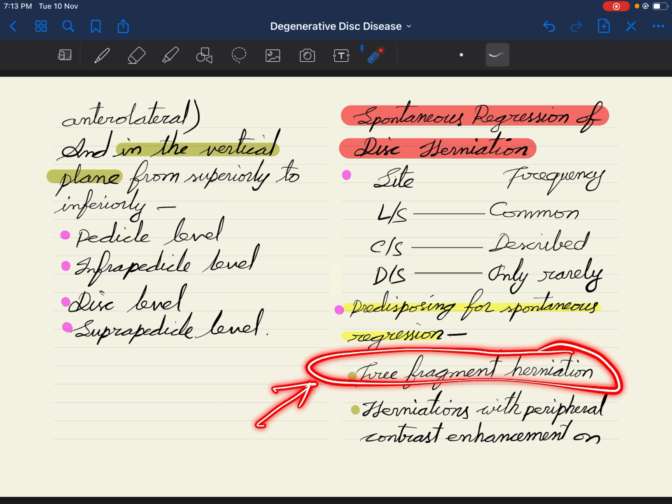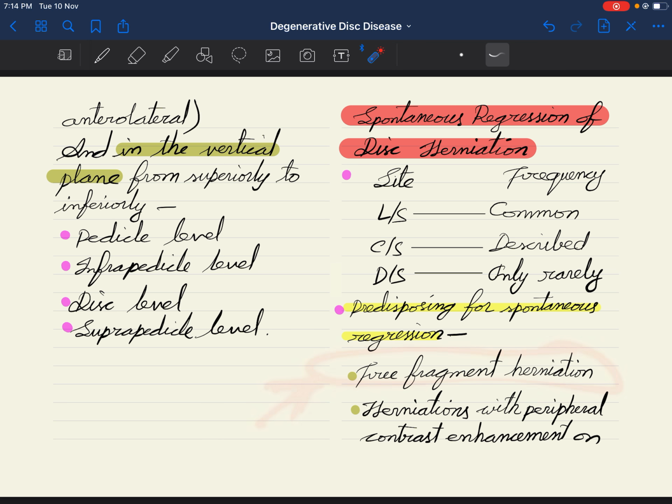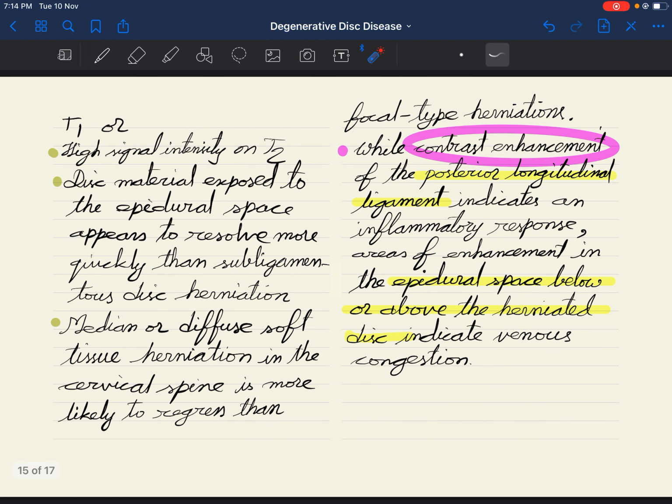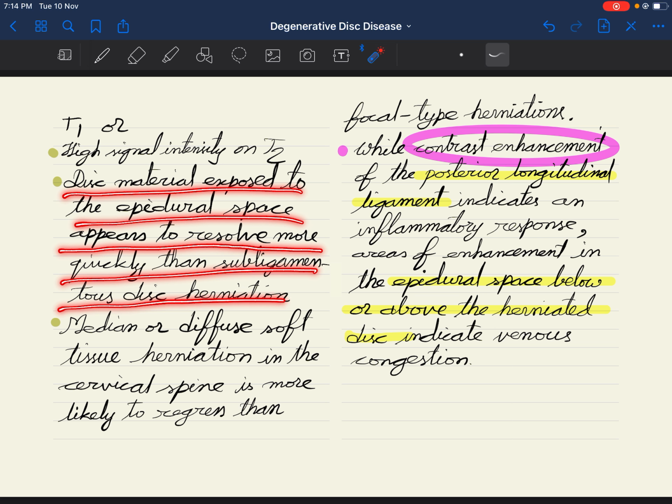Herniations with peripheral contrast enhancement on T1 weighted images, or with more T2 high signal intensity, are also predisposed to spontaneous regression. And disc material exposed to the epidural space appears to resolve more quickly than subligamentous disc herniation,